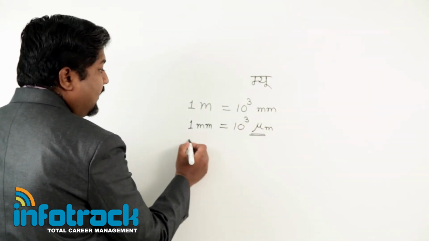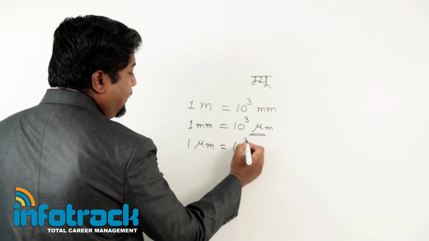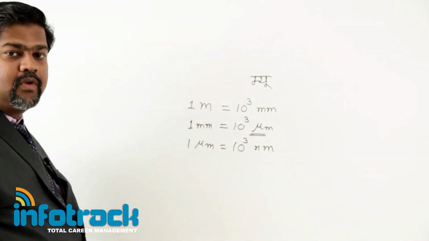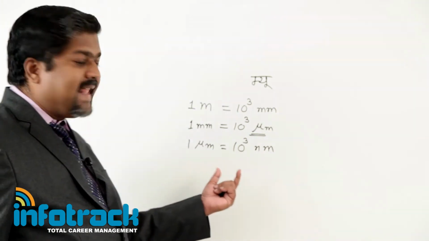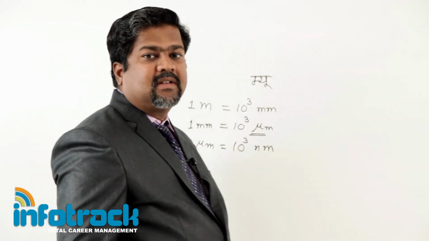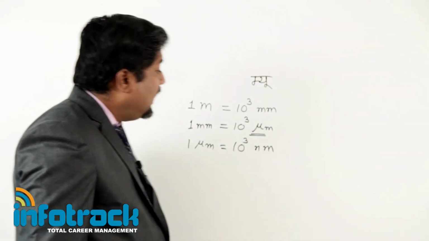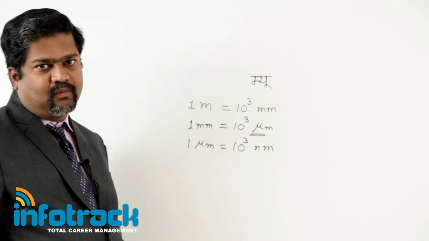Again, it is further divided into a smaller part, which is called nanometer. You are aware of the word nanotechnology, same way it is called nanometer. It is somewhat similar to the Gujarati word nanu, that is small, extremely small, or I can say it resembles the number 9 over here.